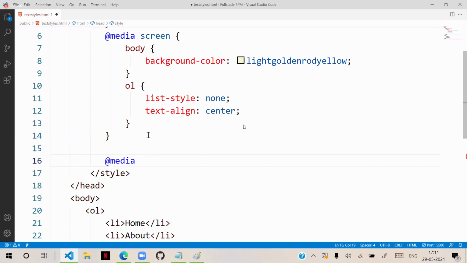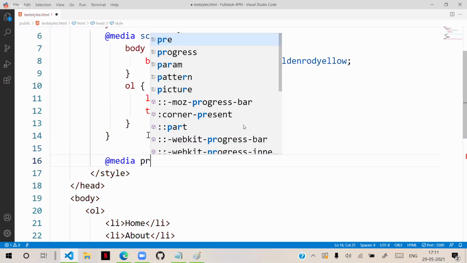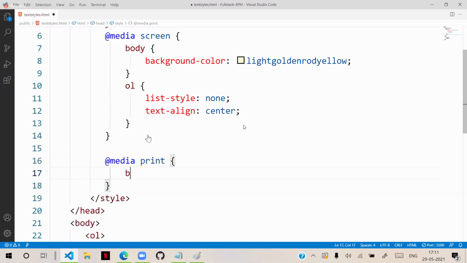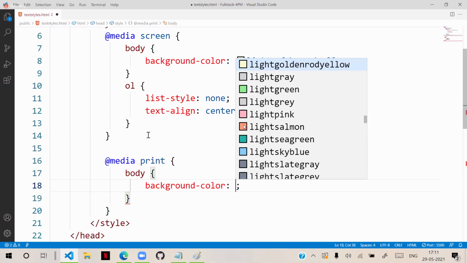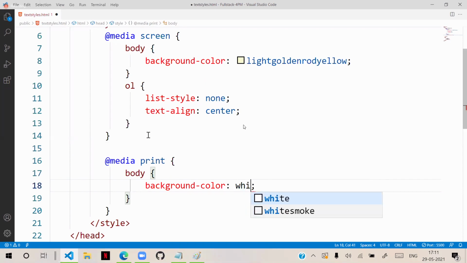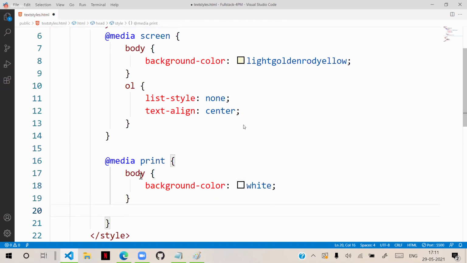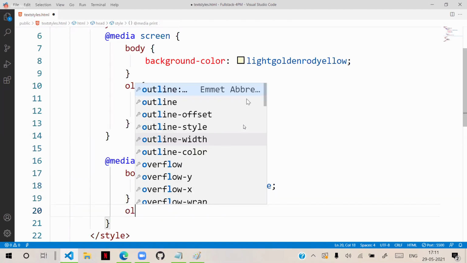So we say media print. If it is print media, then for body, the background color will be white. Currently it is shown on screen like this.